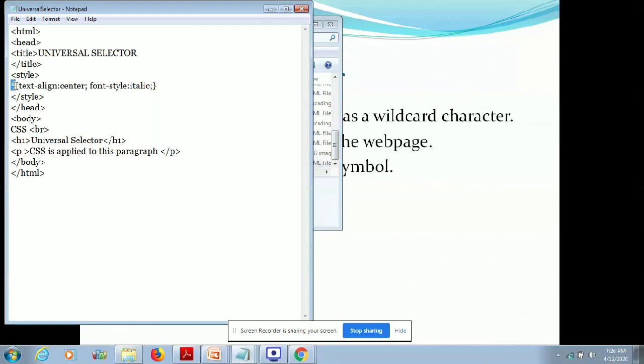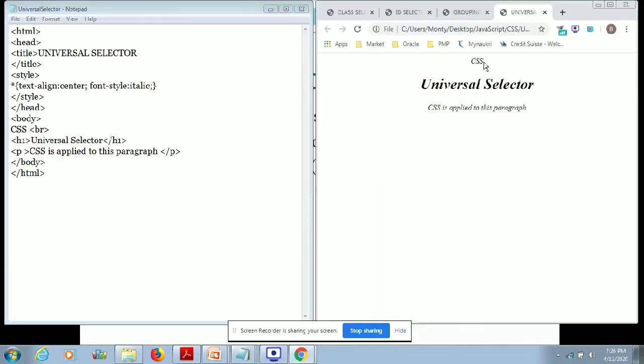We have given style, asterisk, text align center, font style italics. Here the CSS you can see is written without any tag. It is just text written like this, universal selector and CSS. Now this CSS, if you observe, is also enclosed in the body section. So this asterisk is applying to body, H1, H2, P, any different tags that are present in the body.